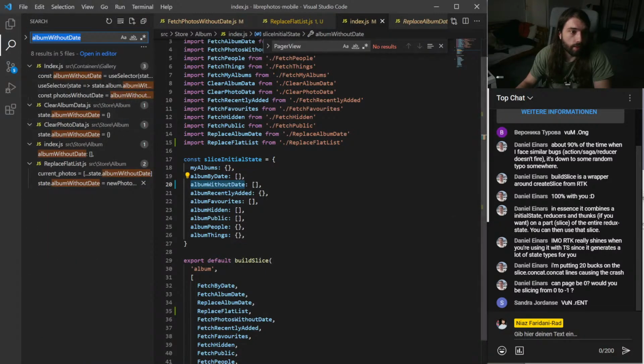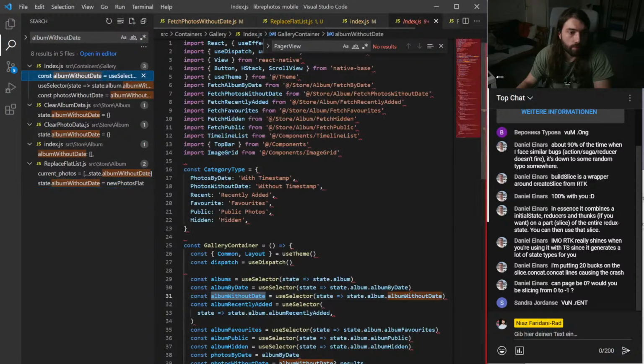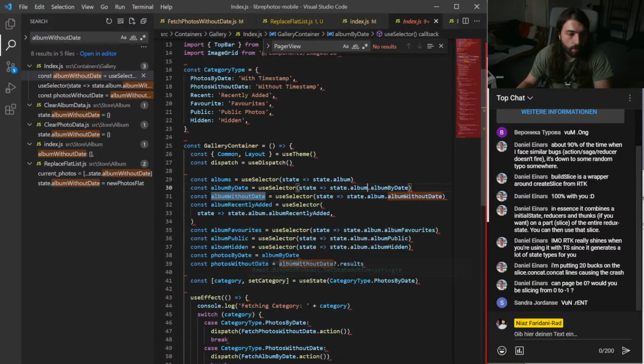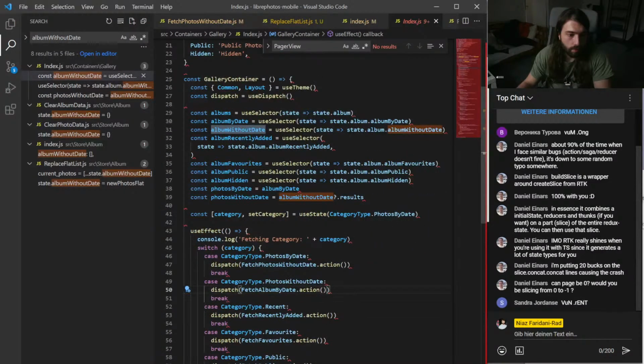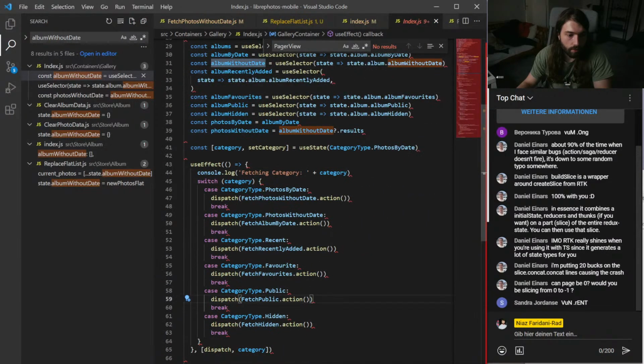Find files. Right. Gallery container. That's fine.